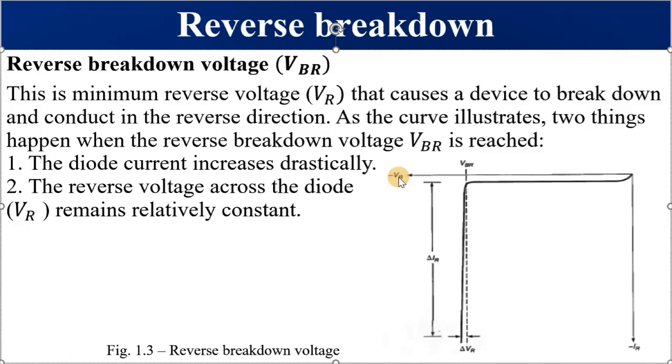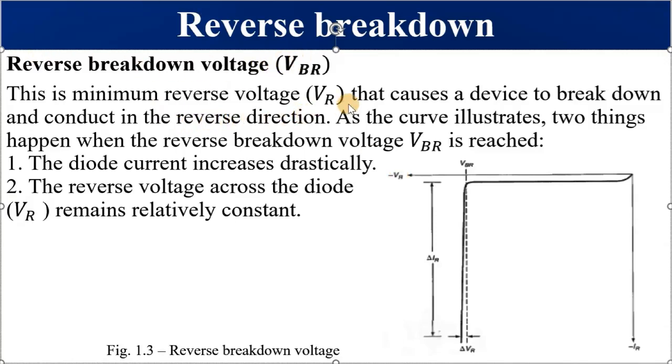BR stands for breakdown, while V stands for voltage. The voltage from 0 in the negative direction to VR, we are calling negative reverse voltage, and this is the minimum reverse voltage,